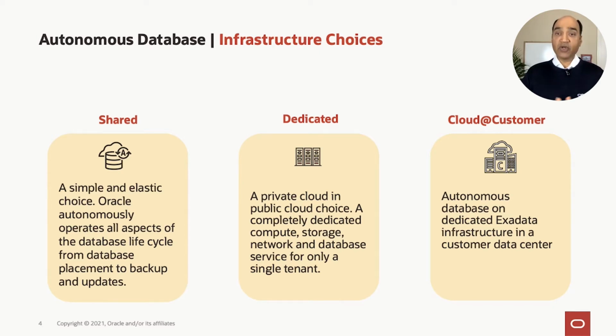Now, certain applications may also require that the infrastructure actually stay on site, due either to data sovereignty issues or because it integrates with other applications on premises for a variety of reasons. If you choose to run autonomous in your own data center, then you would pick the Cloud@Customer platform, where an Exadata cloud machine is deployed in your data center and you run autonomous on it. The advantage is you get all the benefits of cloud. You get the same console interface and API interfaces, except the hardware runs in your data center.